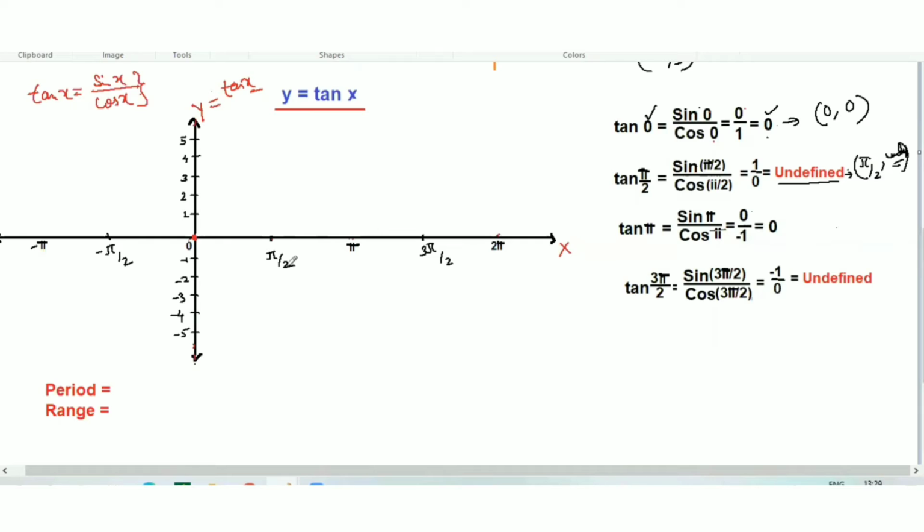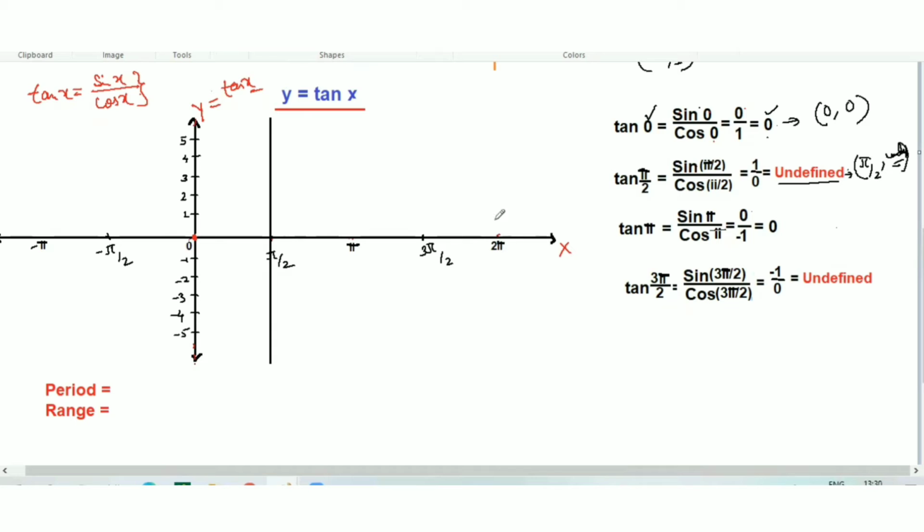So what is the meaning of this? We can't go here as well. So at this pi over 2, we will have the asymptote line. Asymptote line, because we don't get any point for y here. At pi over 2, we can't plot anything. So this is the asymptote line. So from here, we will not get anything to join. We don't get anything here.